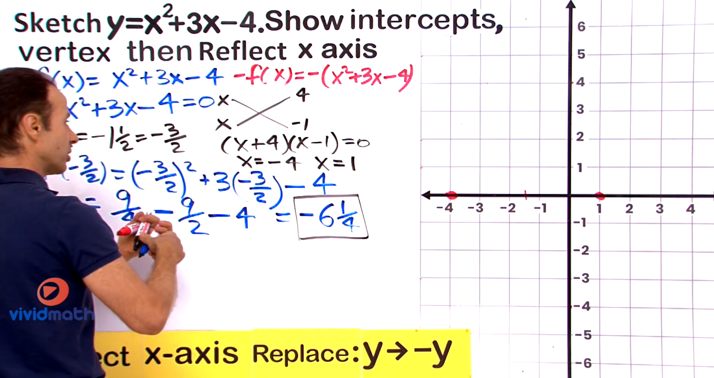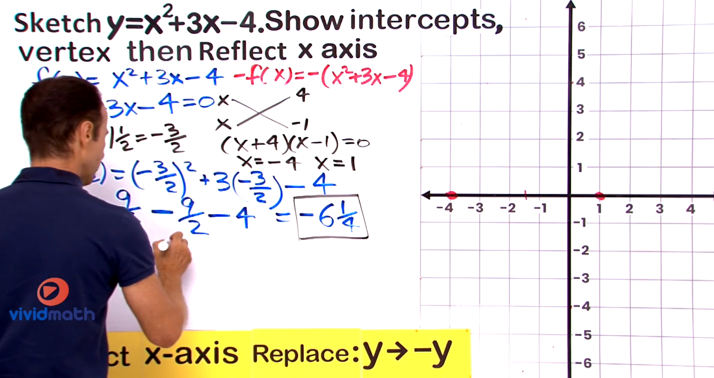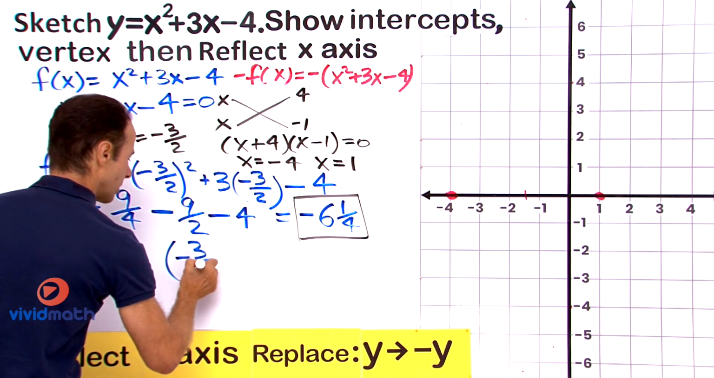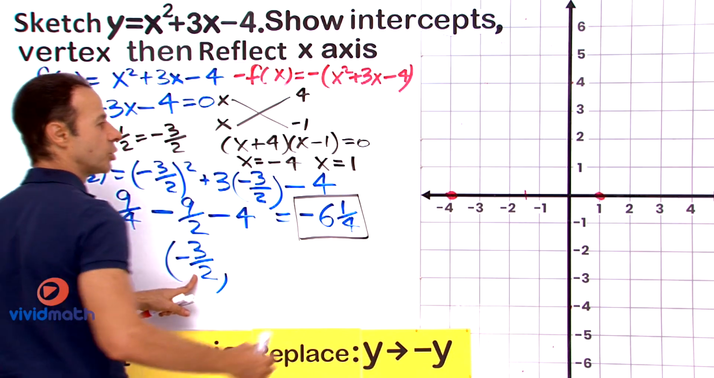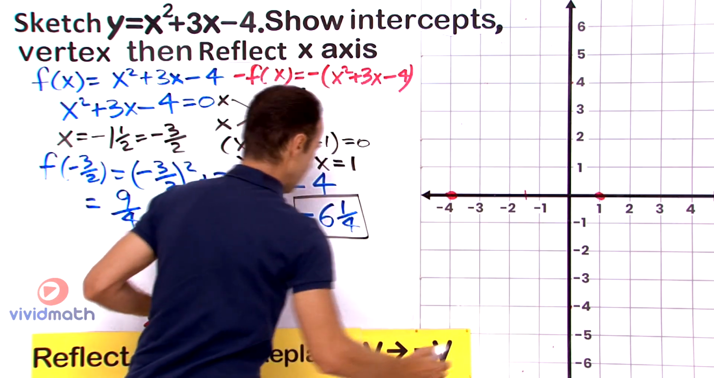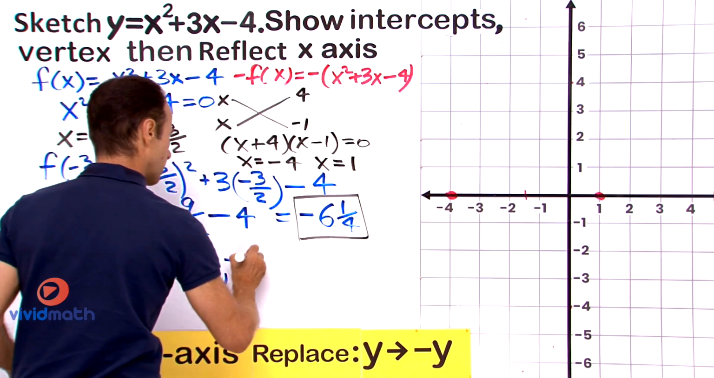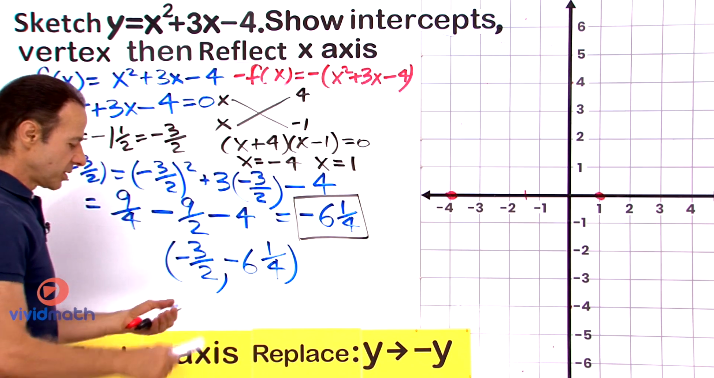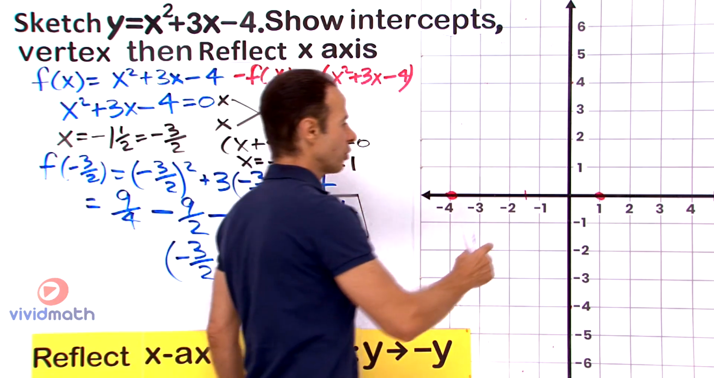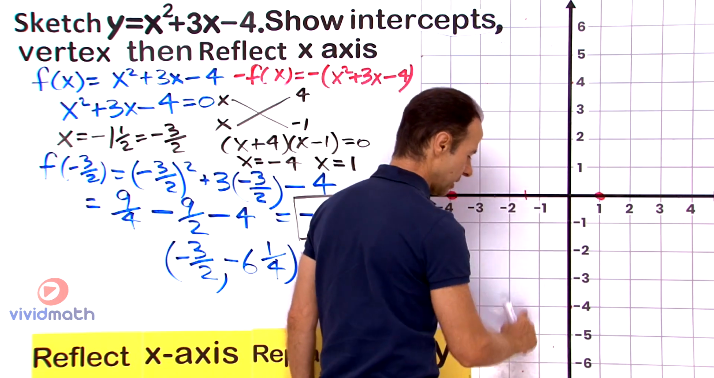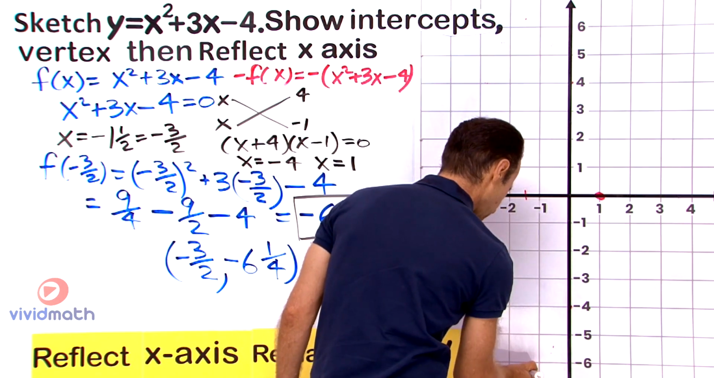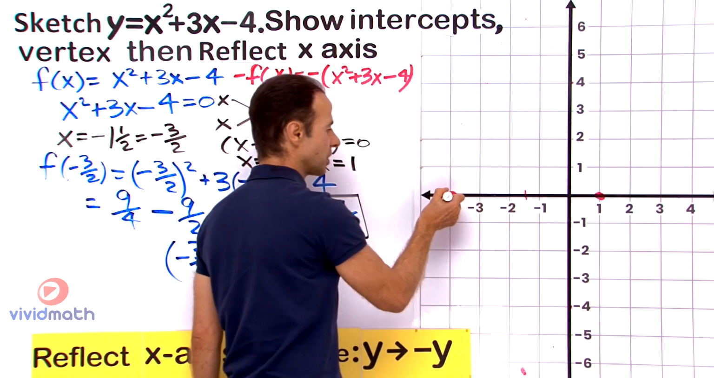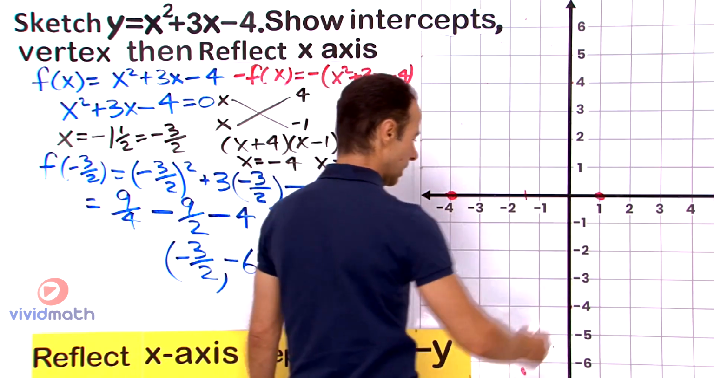So let me write down those coordinates. I'll just write them down over here. We got negative 3 on 2, or negative 1.5, and we're going to have negative 6 1/4. So let's go ahead and put these points in. Negative 1 1/2 there, down negative 6 1/4 is right over there. So if we join the dots between the x-intercepts at negative 4 and positive 1, let me just join the